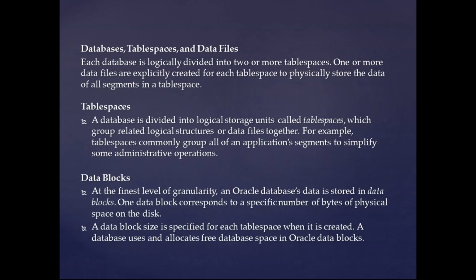When we are creating any object, we are telling Oracle, just assume there are three tablespaces in the database, T1, T2, and T3. So when I'm creating a table, I will say create this table in the T1 tablespace. Now it's up to Oracle to check in which data file it needs to put it. There are 10 data files in one tablespace, so we can't decide. It will check which data file has space and which data file is best to put it in. So we denote the tablespace name when we are creating any table or index.